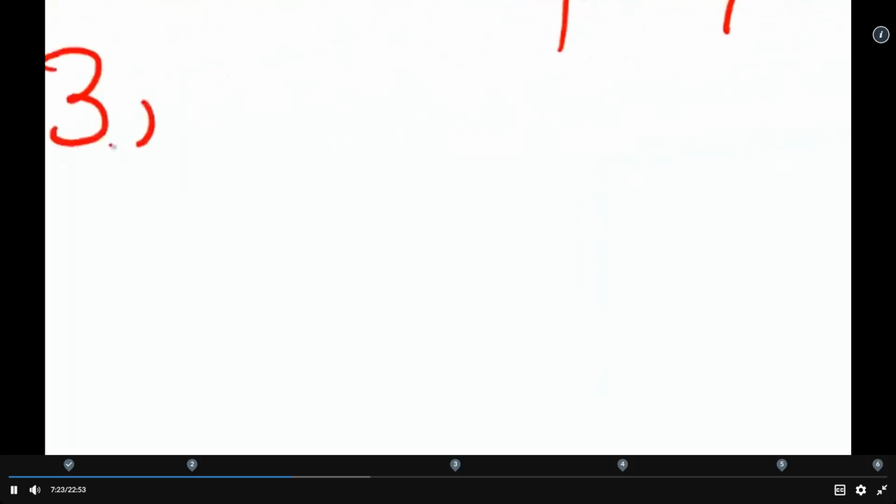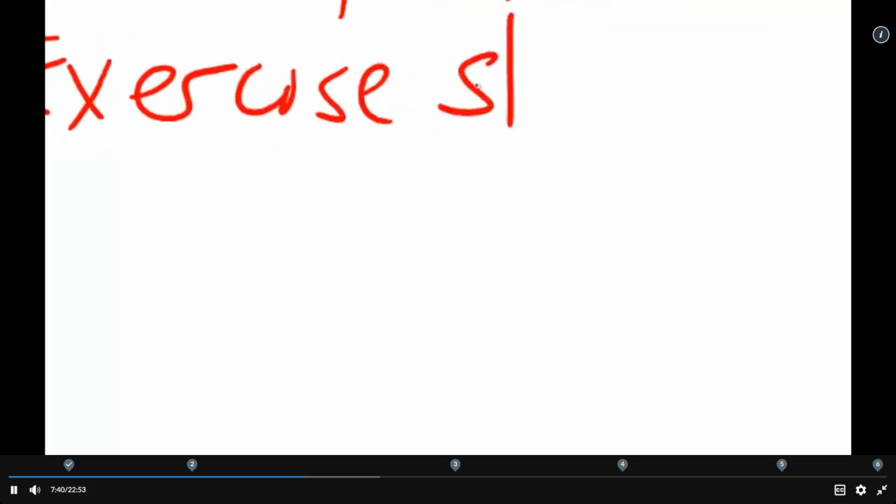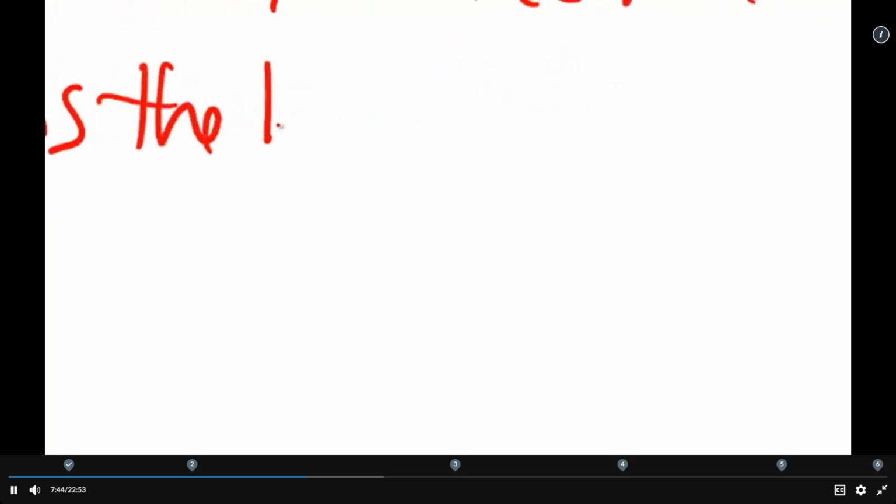And lastly, exercise strengthens the joint by building up the muscles that support the joint and by increasing the density of the bone. So all of these things reinforce the joint. So again, exercise strengthens the joint,